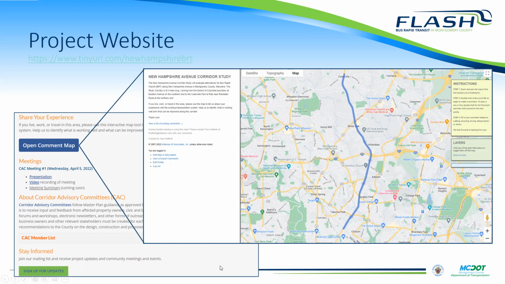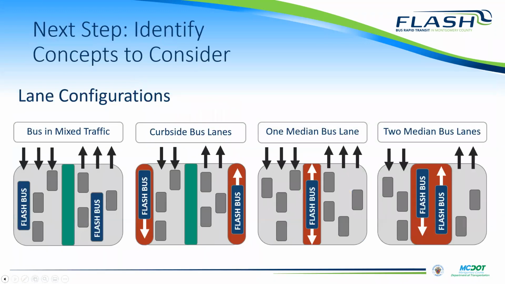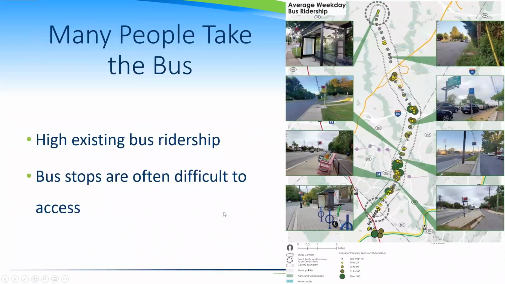All right, another question coming in from the chat. What is the number of passengers currently using bus service in the corridor? It's not as easy a question to answer as it might appear at first blush, because there are so many bus services that serve the corridor. The simple answer that we found is about 9,500 people pre-COVID were getting on the bus. So there are 9,500 distinct daily weekday users getting on the bus.